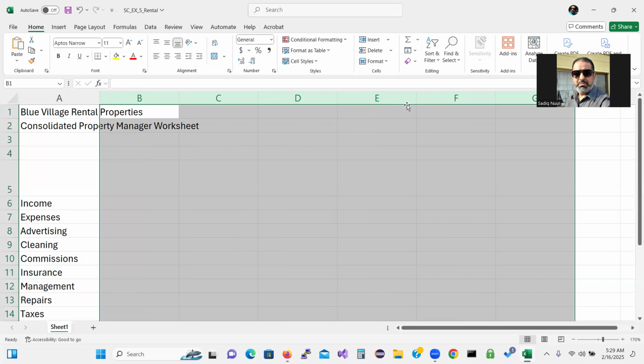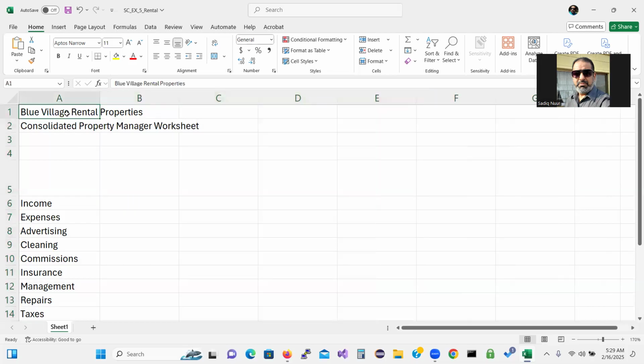Next, we have to click A1, right? Now we need to enter the column titles, B5. In B5, so we need to enter the column title, right? So to enter the big text in a new line in Excel, we have to hold the Alt and the Enter key, right? So type